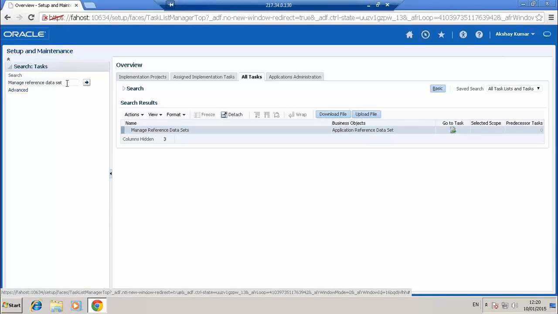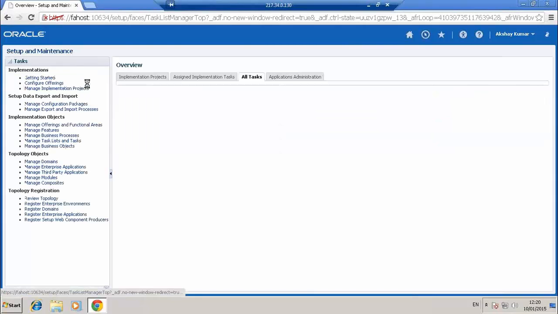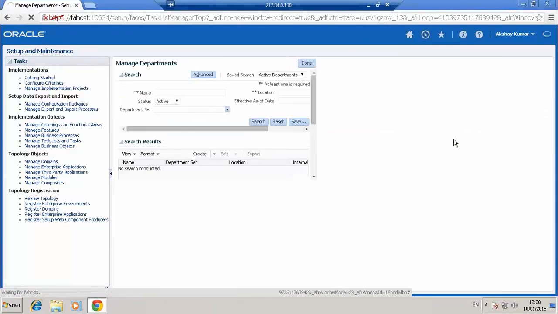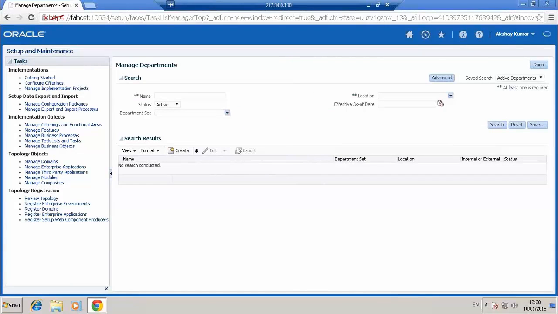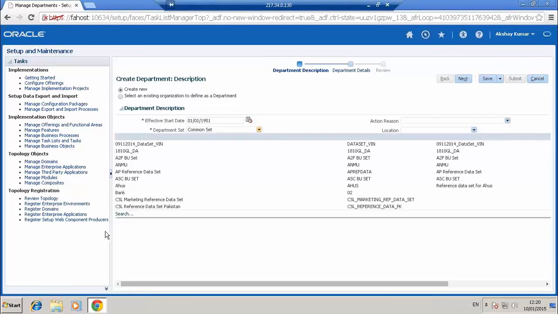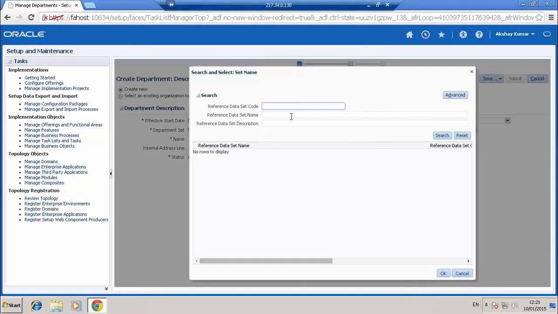Next is department. Manage department is the task where you create the departments for your organization. If you go into department, you again have to give the department set, the reference data set which I created.